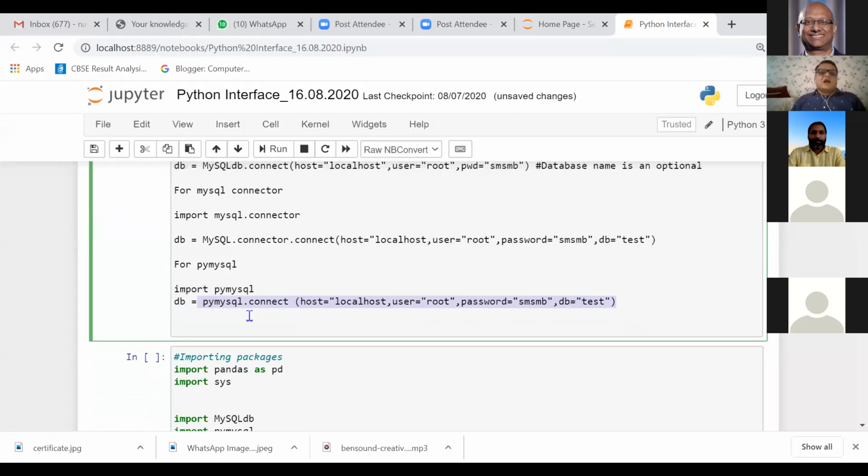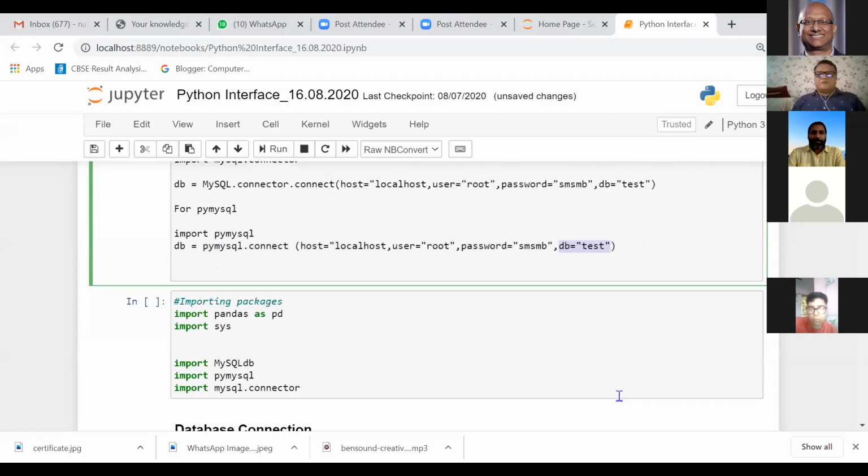The line again is PyMySQL.connect, host equal to localhost, user equal to root, password equal to SMSMB, and the name of the database is optional. It's up to us whether we want to give the name of the database through which we want to connect, or we can use the name of the database later on.